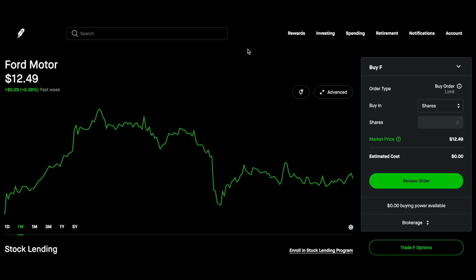So what is a market order? Well, it's basically you agreeing to buy a stock at the current price. So for the sake of this video, we're going to be taking a look at Ford because it's a low price stock with not a lot of volatility, and therefore it'll be easier to show you guys what I'm talking